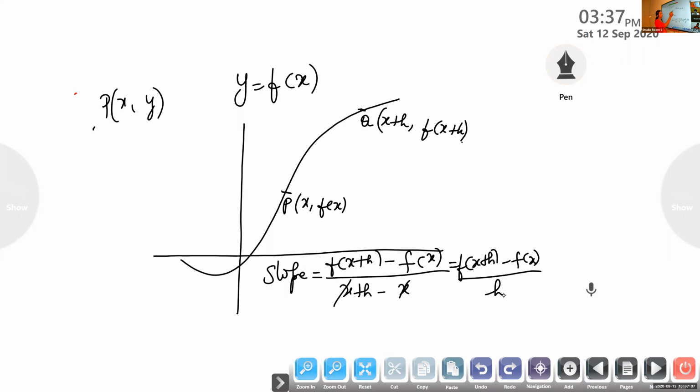Now listen children. Now the point Q is coming closer and closer. The point Q is approaching towards P. That means h is moving towards 0. What happens when Q is coming closer? This h value will be decreasing. It is decreasing, decreasing. And when P and Q ultimately coincide, how can we say? h is approaching towards 0. h tends to 0. When P and Q coincide, if you join this line, it will become the tangent